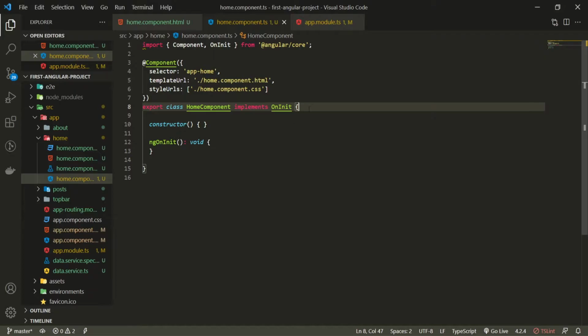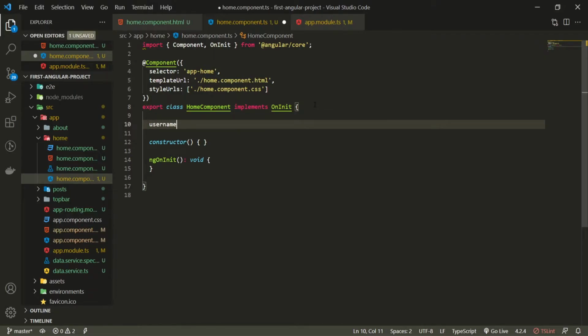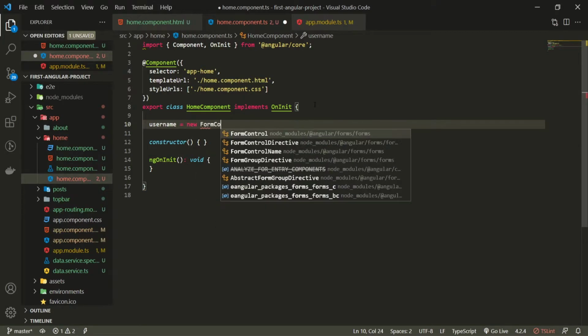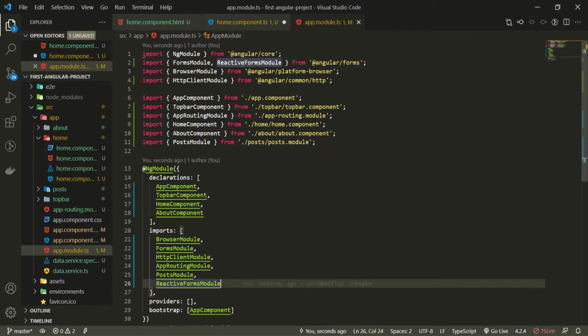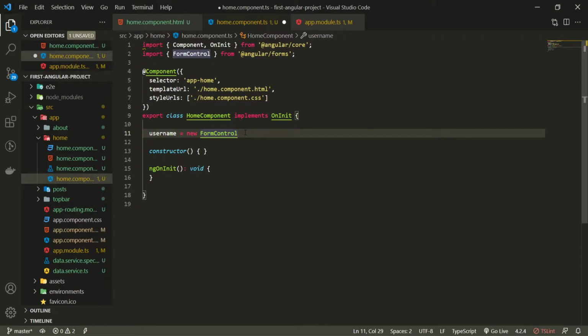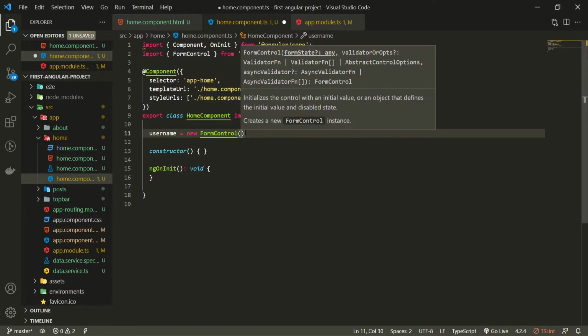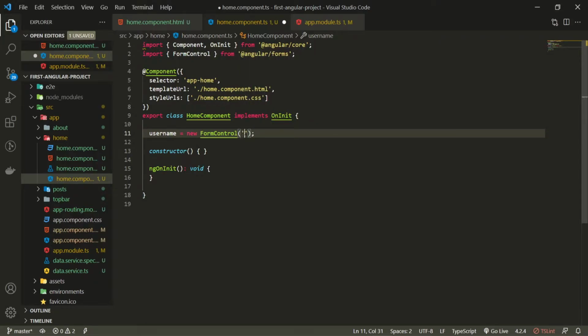home.component.typescript file. I will create here quickly a property of username, and I will set it to be equal to new FormControl. This form control must also be imported from @angular/forms, and as we are using our reactive forms module, we are able to use form control from Angular. So here I could just declare it, and inside I could pass the empty string. This empty string will indicate the value of this form control, well, of our username property. If you wish, you can also have some default value like John Doe, for example, but I will leave it